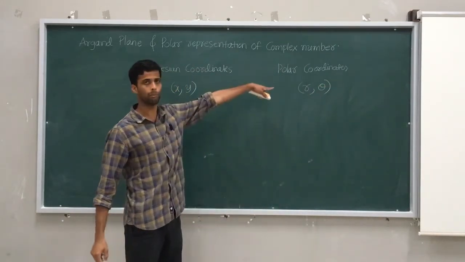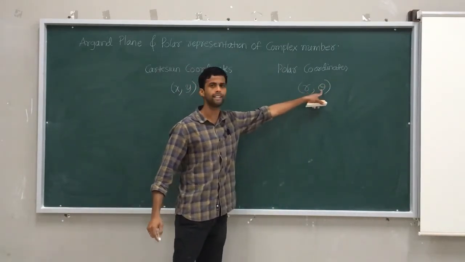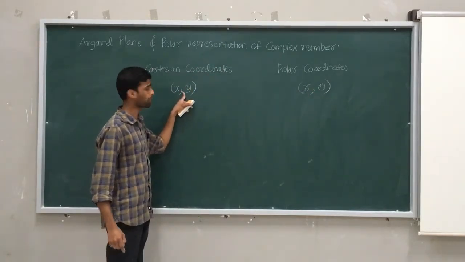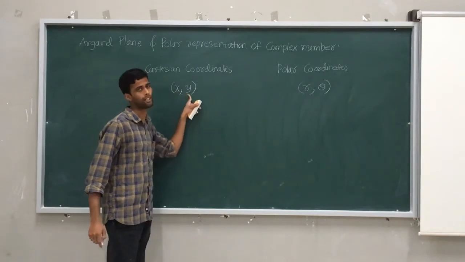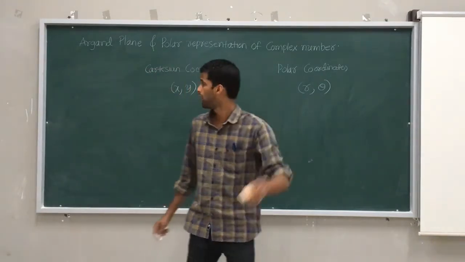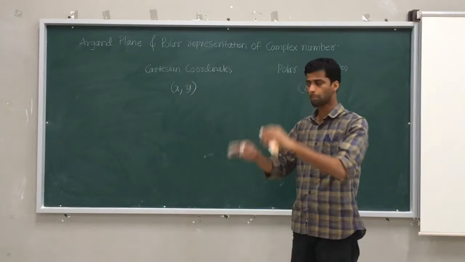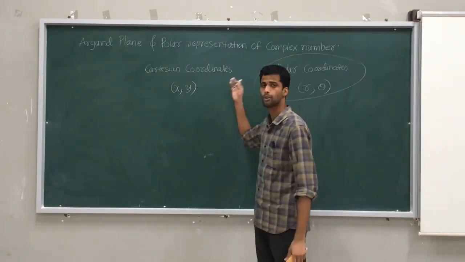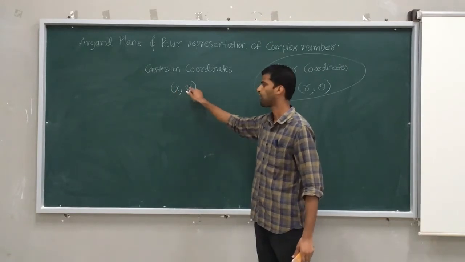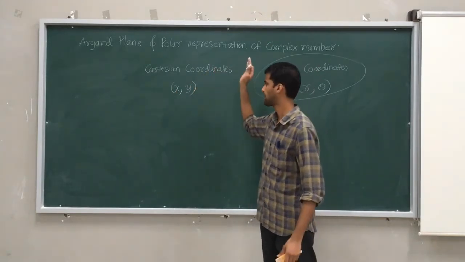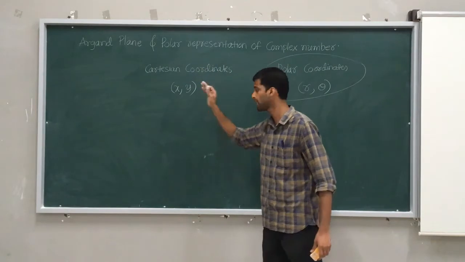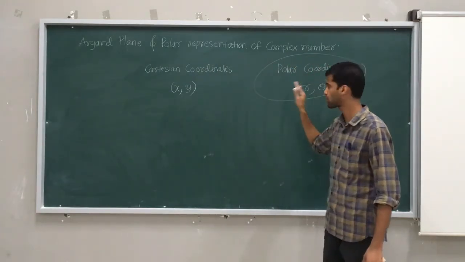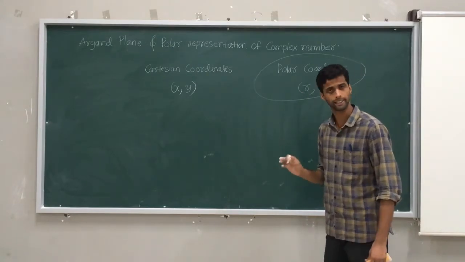In polar form, you will find r and theta everywhere, but in Cartesian coordinates, you will find x as well as y. So that's the difference. In today's video, in complex numbers, we will focus on polar coordinates, which means we replace x by r and y by theta. If you see x comma y, it is Cartesian coordinates. If it is a polar form, it should contain r as well as theta.